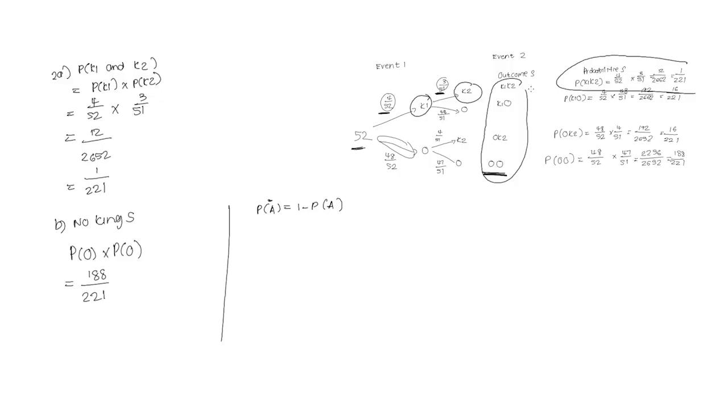Obtaining a king and a king, or a king and another card, or another card and a king is the complement of obtaining no kings. Therefore, the formula becomes